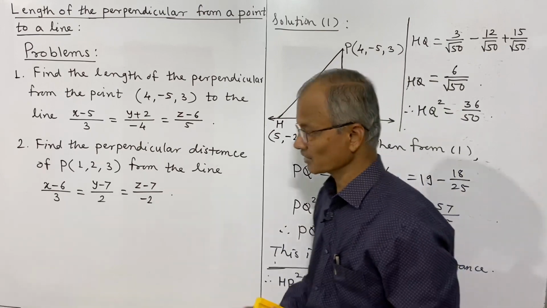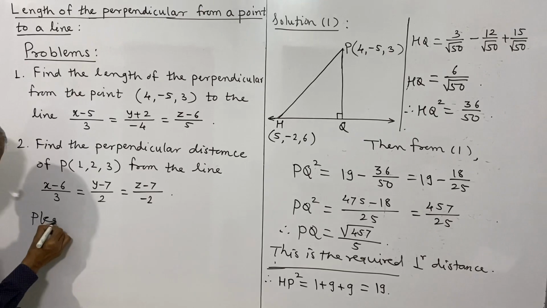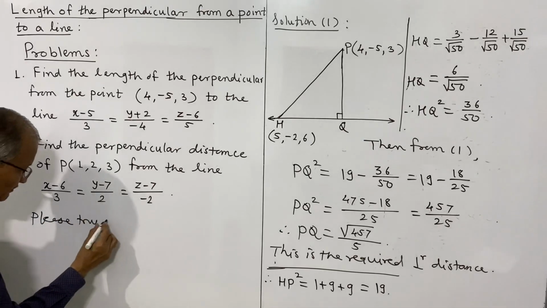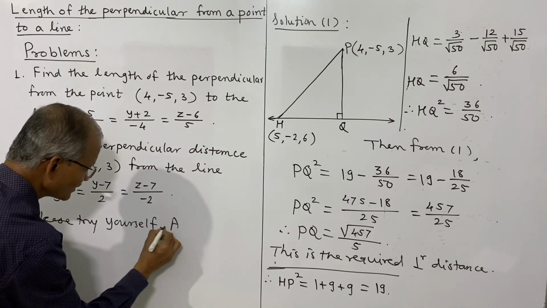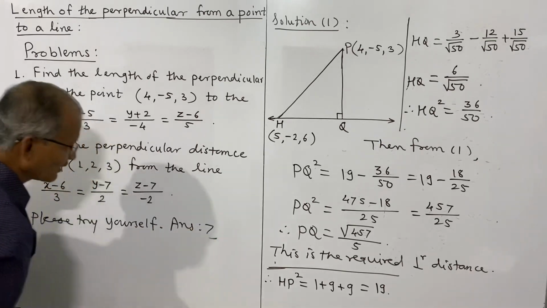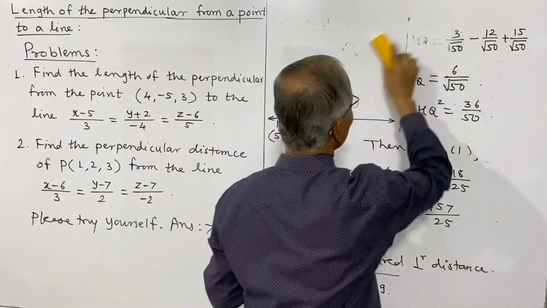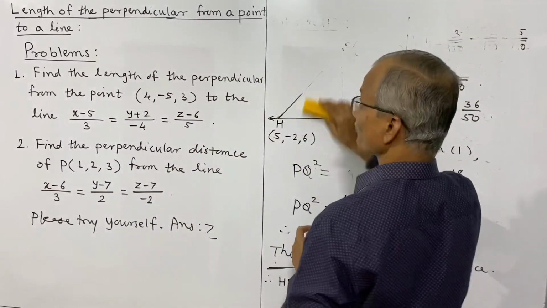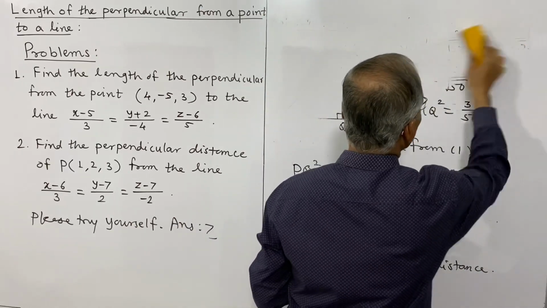You try yourself for the second problem. The answer for this is 7. Verify this answer. So this is about the problems to find the perpendicular distance from a point to a line